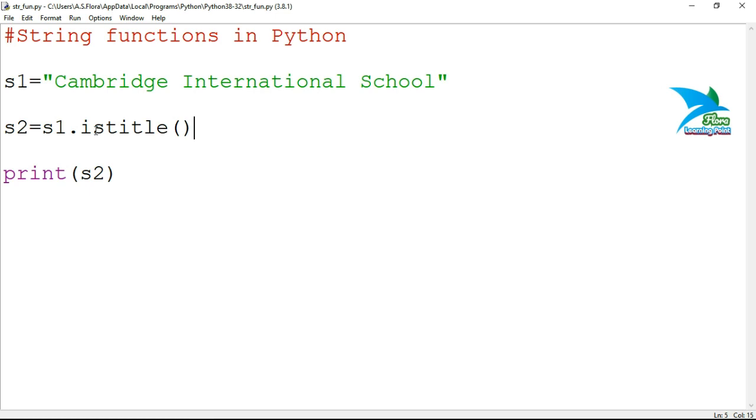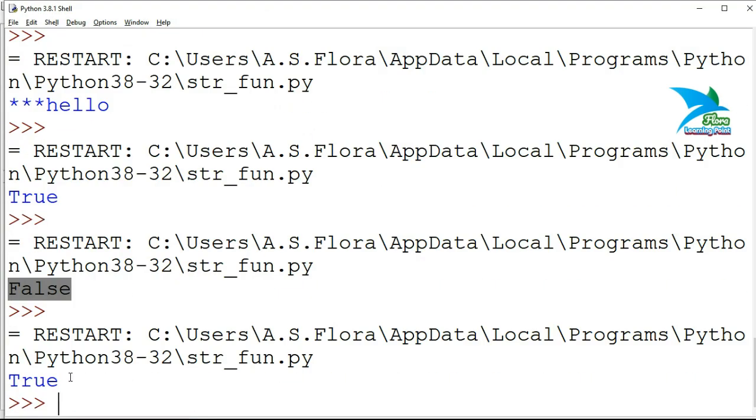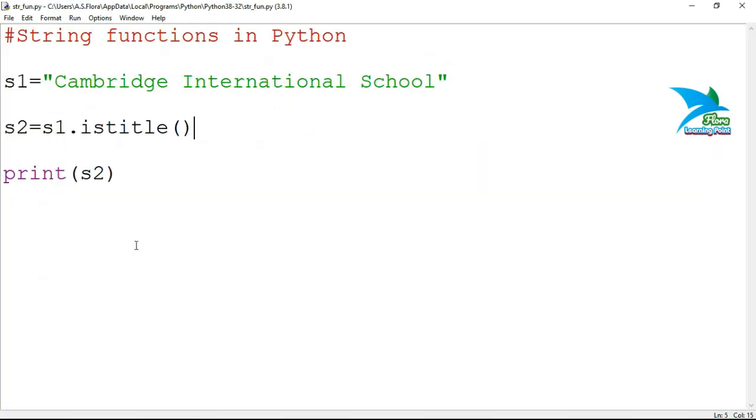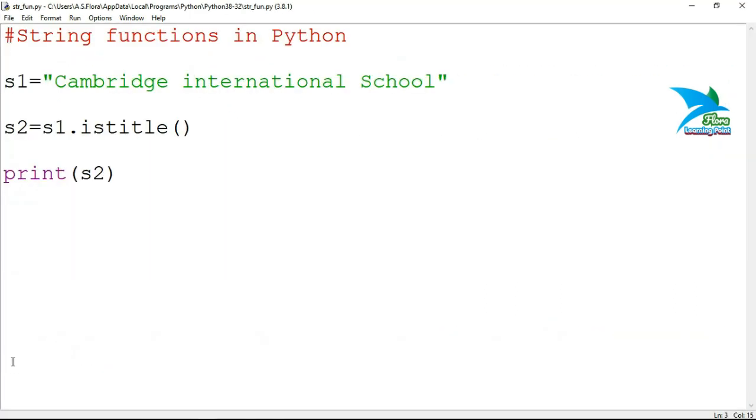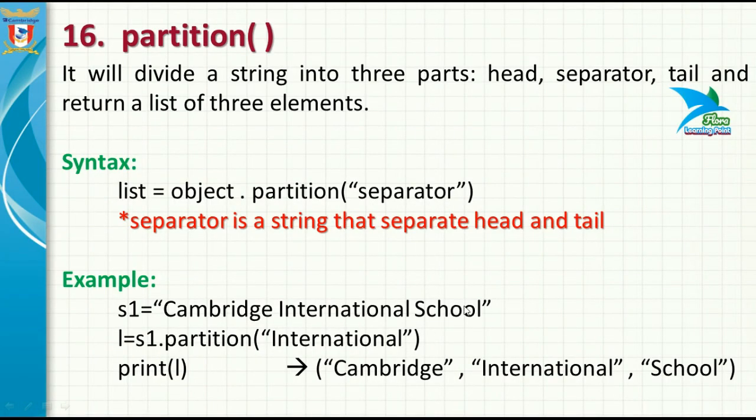But if you make some changes, like I convert I to lowercase, then it will return false. So in this way, this function is used to check if all the initial characters of every word are in uppercase or not.